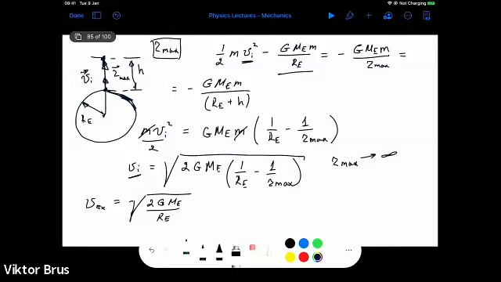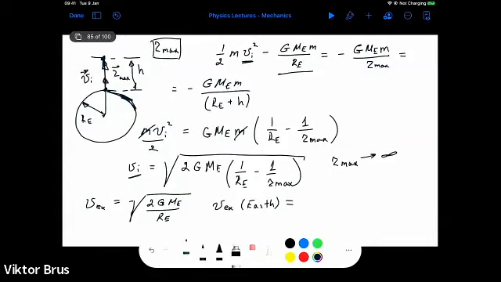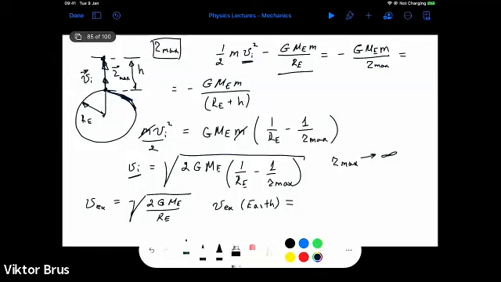So, for instance, escape speed for Earth, does someone know this number? What is the second space speed for the Earth? Is it 7.9? That is the first space speed of the Earth. You need to provide this speed to an object to create a satellite which will move around the Earth